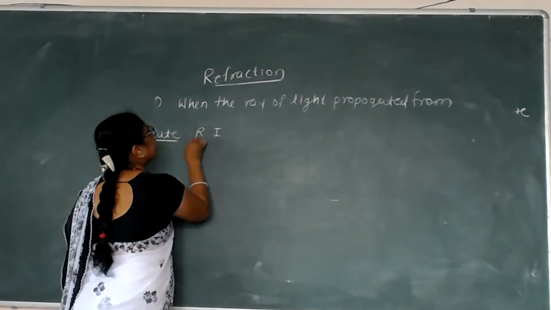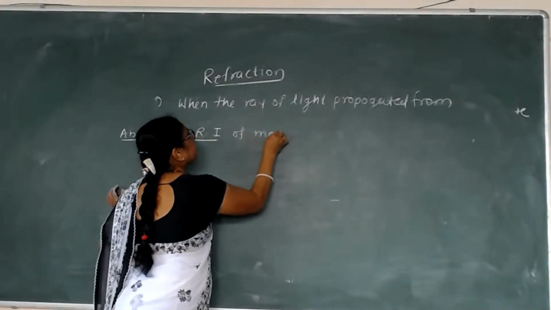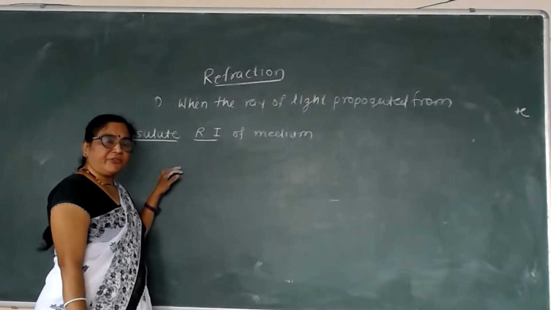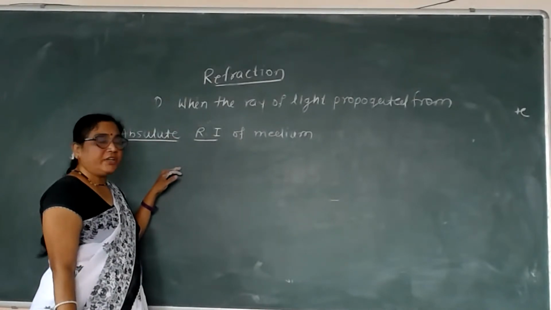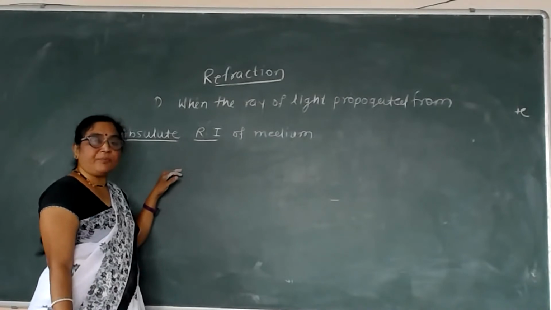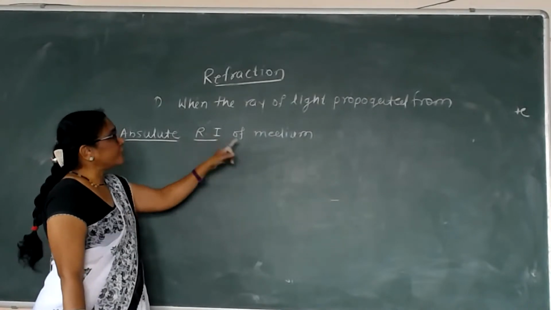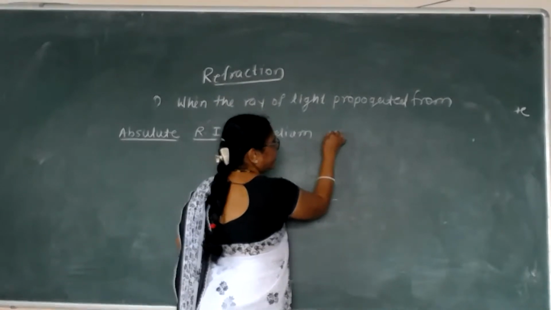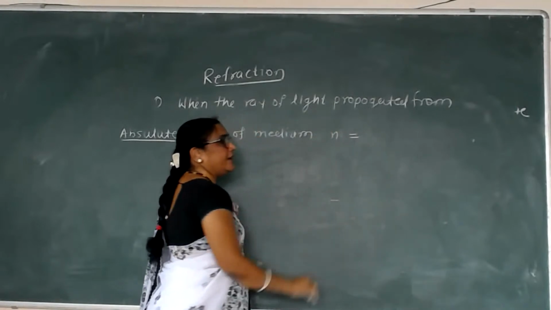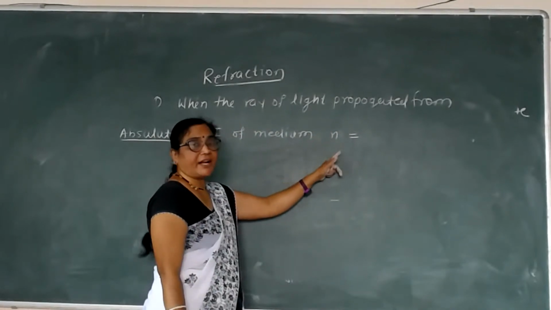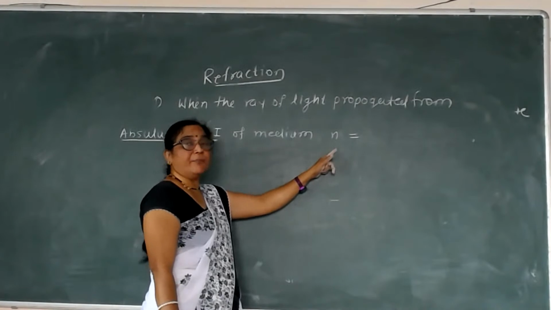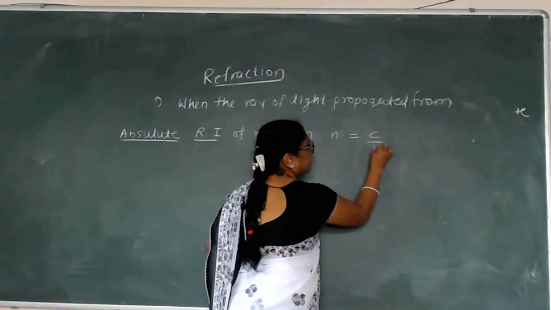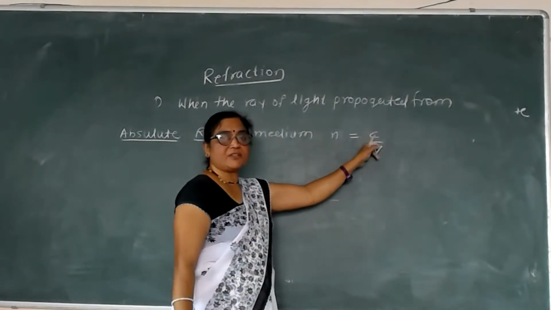Absolute refractive index of the medium. Refractive index is that in which the ray of light bends. So the absolute refractive index is defined as follows. We know that the refractive index is denoted by the letter n. So absolute refractive index is that in which we compare the velocity of light in air to the velocity of light in another medium, where c is the velocity of light in